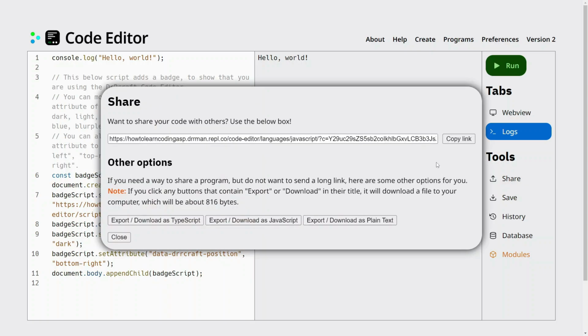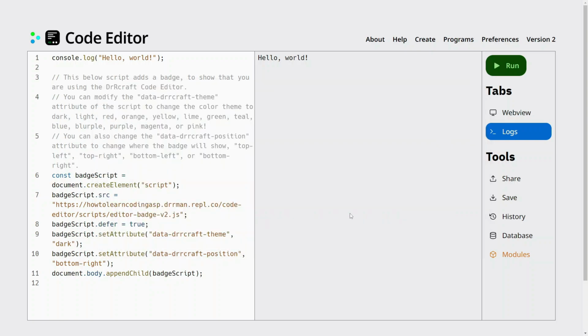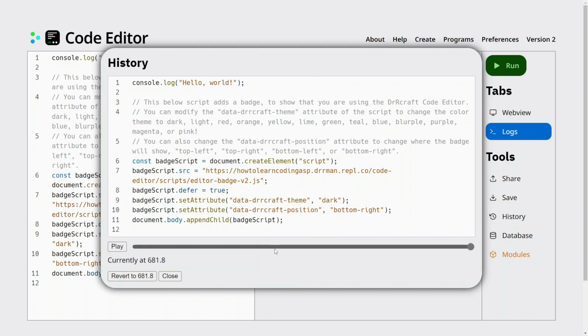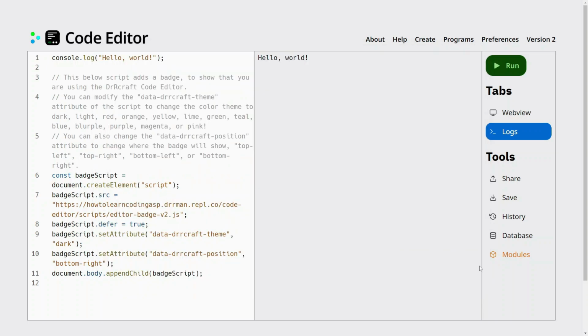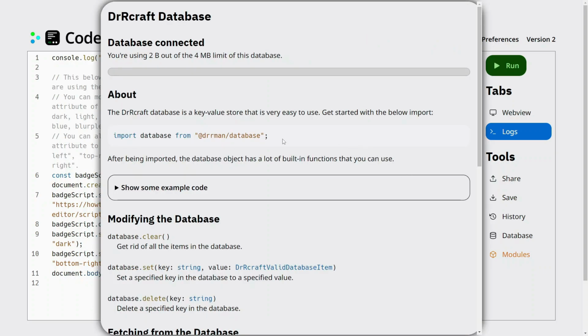Share is where you can copy the link to your program or download it as a file. Save is to save your program here in the Programs page. History is where you can see all the edits that you've made to your program and go back to a previous version of it. And Database, which we will be using later, lets us use the database built in directly